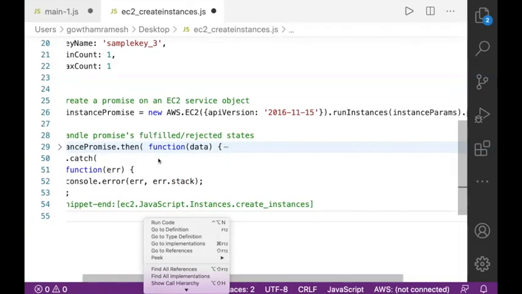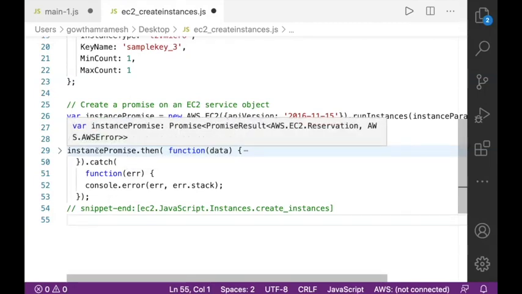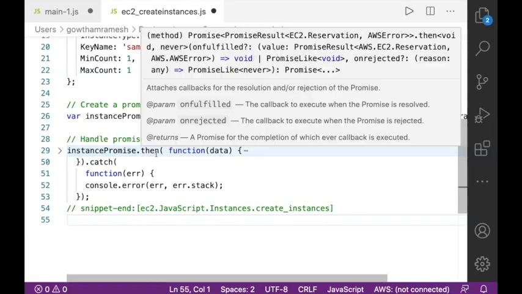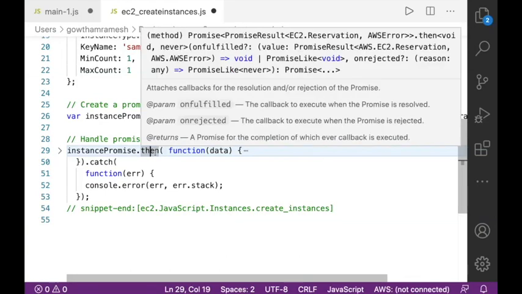As I already told you, for a promise, you can create two different blocks: the instancePromise.then and the instancePromise.catch. The then block will execute only when the promise returns success. When the instance is successfully created, whatever content you give inside this then block will get executed.